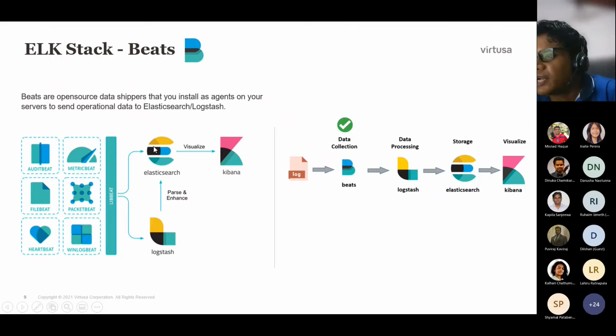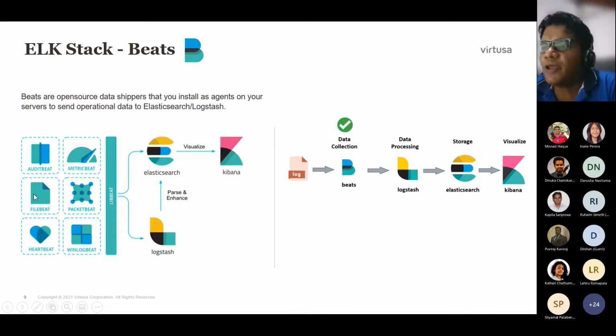use cases where you can put it directly into Elasticsearch as well, like Metricbeat. Metricbeat does the structuring of, say, CPU usage, the structuring of that particular log which is generated from Metricbeat, which I don't have to send to Logstash. I can put it directly into Elasticsearch. You can put it into Logstash, and from Logstash also you can get it. But there are some use cases, if you use Metricbeat or Heartbeat, which is